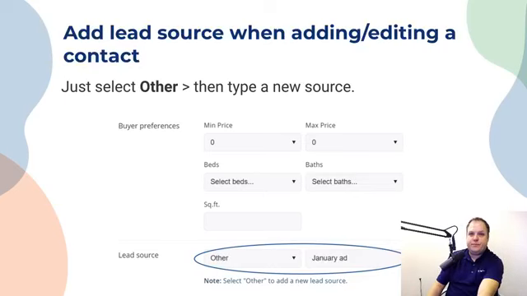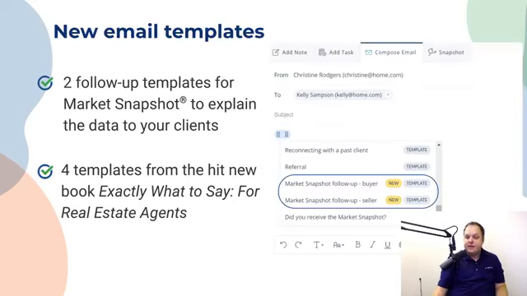Okay. So next one is, I don't know if you guys are familiar. Hopefully everyone has had a chance to experience the new email platform in Top Producer X. There's a lot of benefits to the new email platform. The biggest one for me is when you send emails from Top Producer now, they're going to get delivered. And the reason they're going to get delivered is it's coming from your email. It's not coming from us anymore. And it's not all of our customers sharing the same email server, where potentially someone can be ruining it for all of us, right?